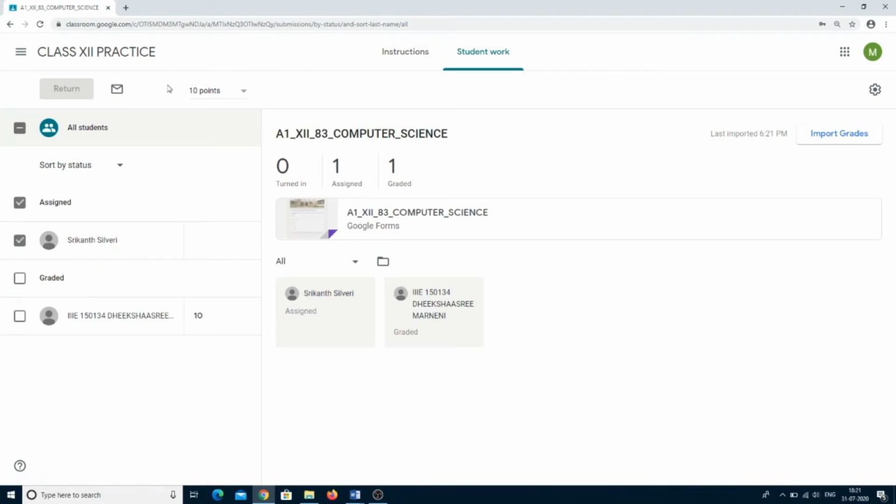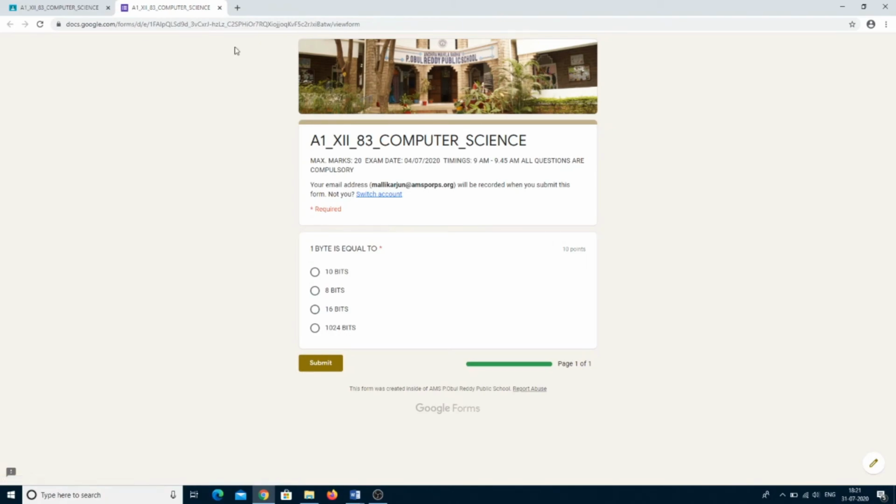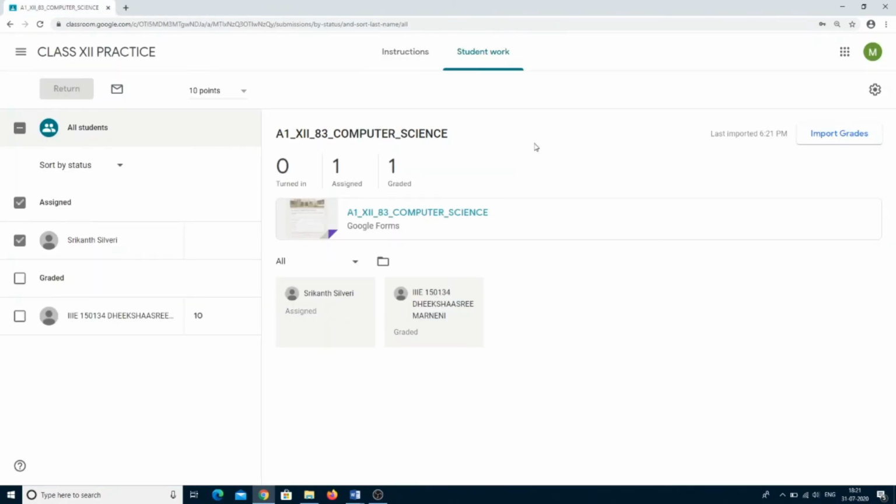And next, if you want to see the question paper, a Google form link will be there. Once you click here, it will open the form, that's all. It shows how it will look and what questions are there. But if you want to see the individual questions, question-wise, or if you have multiple questions, how do you check it?